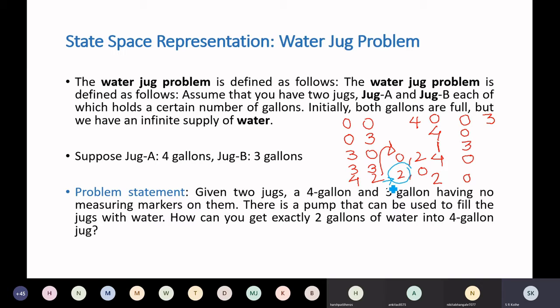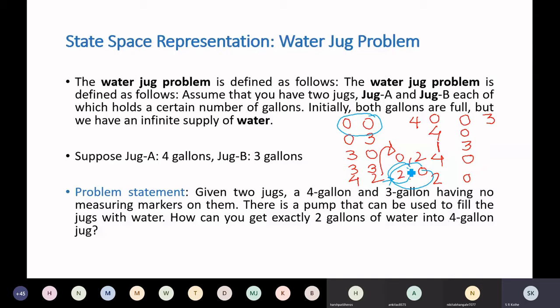So in this way, now manually we have solved this problem. Somebody else may solve this in some other way also. So this problem has multiple solutions. Now if your job is to write a computer program for solving this water jug problem, the program will return multiple solutions. Input to the program will be initial state. So initial state is your both jugs are empty, suppose in this case, and final state is 2-gallon water in 4-gallon jug. So this is one of the final state, right?